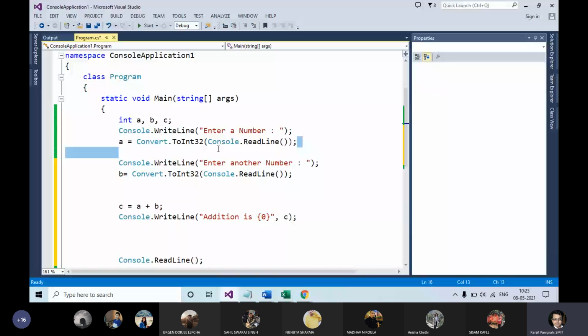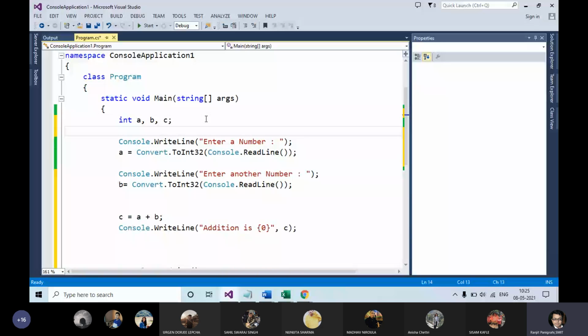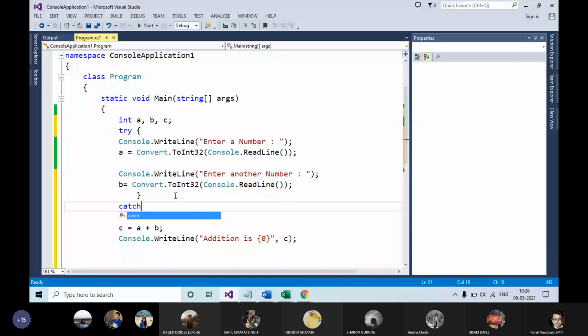In order to solve that, I will write a try block over here. You see what I am doing. Then a catch block.